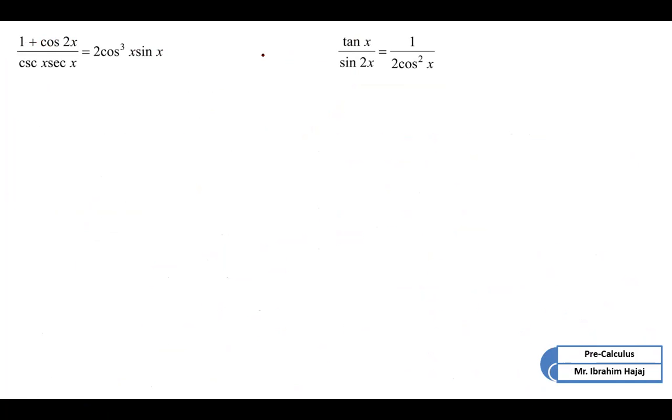Okay, we can start here. From which side, the right-hand side or the left-hand side? To solve it, I will start first from the left-hand side. As we know, guys, I'm going to take 1 plus cosine 2x over cosecant x secant x, and I will use